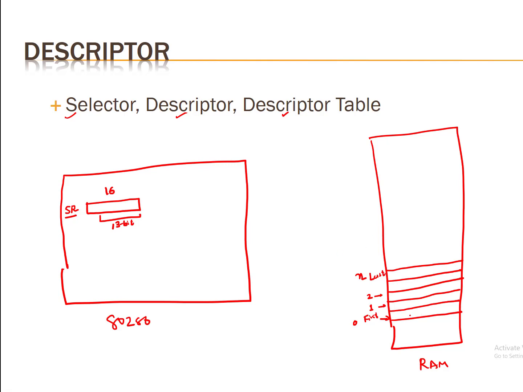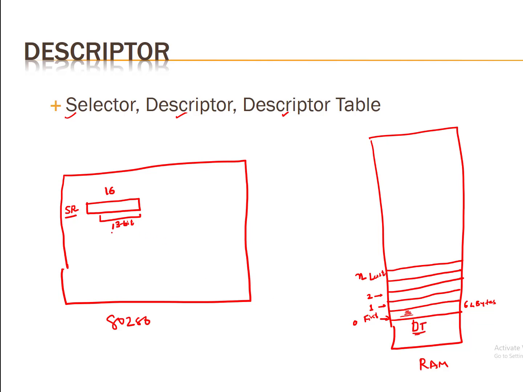This first entry may have a 64-bit length. So this row indicates there may be 64 bytes over here. It may be 32 bytes, it may be 64 bytes. The specification about whether it's 32 bytes or 64 bytes we will discuss in 80386. So let's consider it's 64 bytes. In these 64 bytes it has index 0. The next 64 bytes have index equal to 1, the next 64 bytes have index equal to 2, and so on. So this is the descriptor table DT, and it is available in memory.